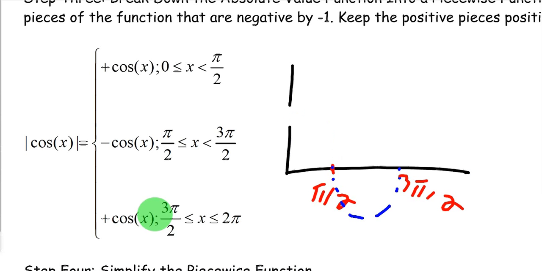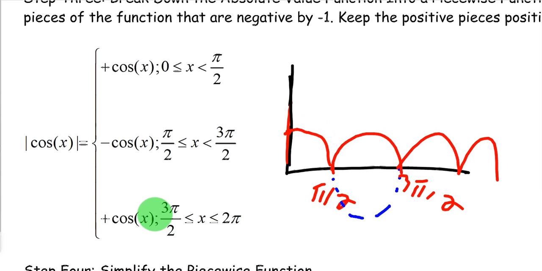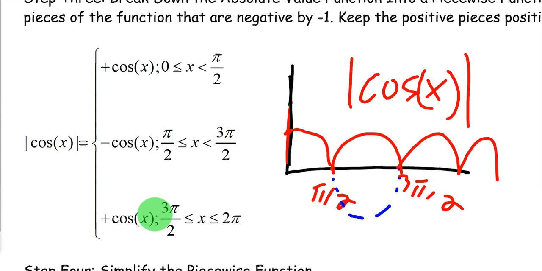Let's just come down a little bit more than this. So, we're just going to have to take that hump that's below the x-axis and make it go back up like this. And that way, cosine of x, if you take the absolute value of it, it's always going to be